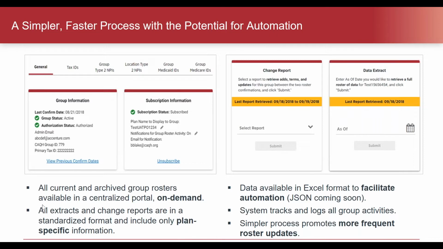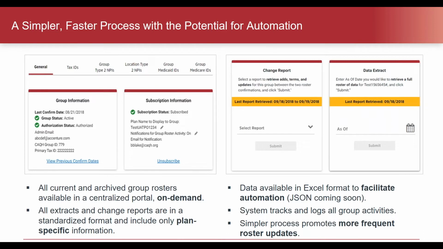Okay, Becca, we had a few more questions come in that I think would be good to take now. There's one question about this being specific to Tennessee, and are there any plans that are rolling this out nationally? Yes. So this is not specific to Tennessee. Amerigroup Tennessee is helping us today just to share their story, but certainly we have some national plans that are already rolling this out. So this is available nationally, and any of your groups would be welcome to join.